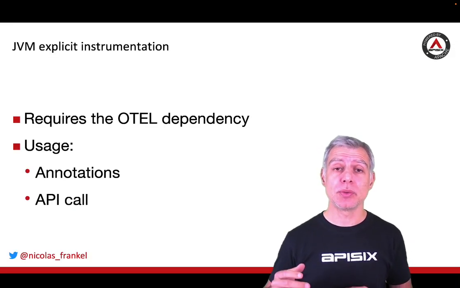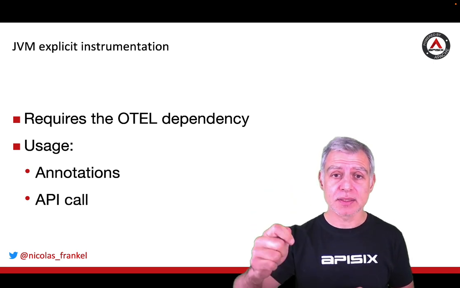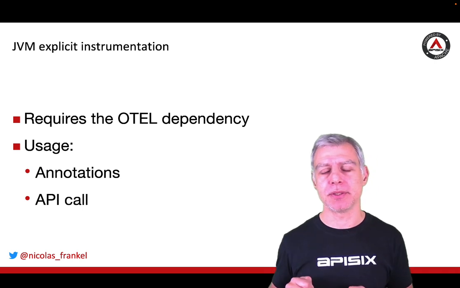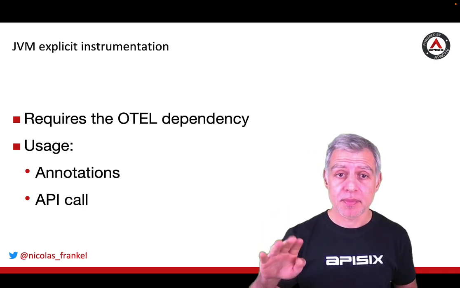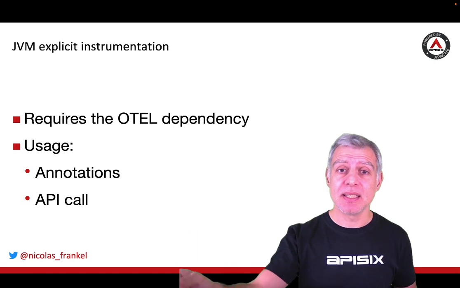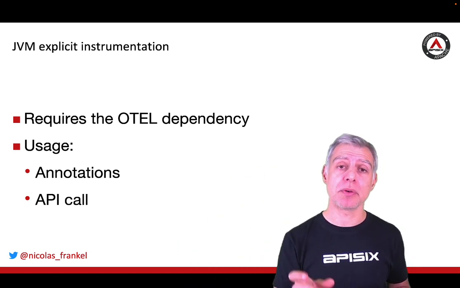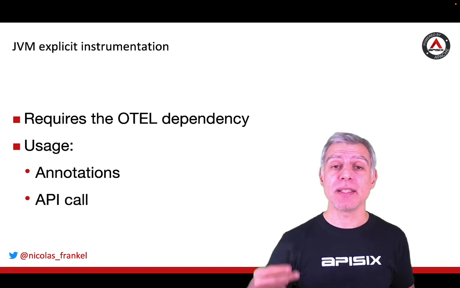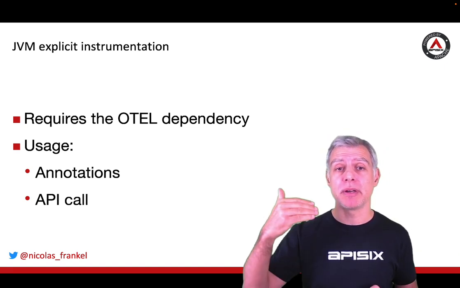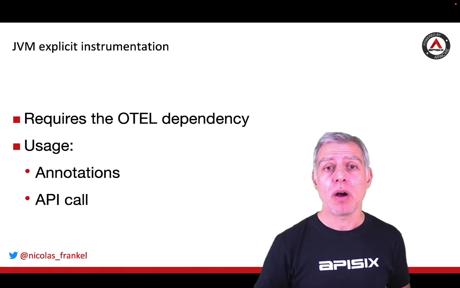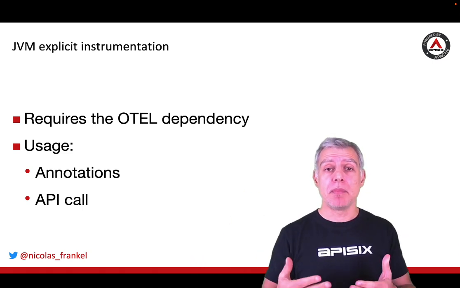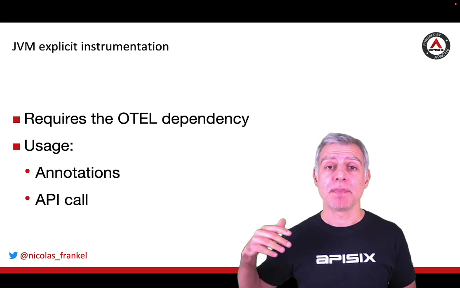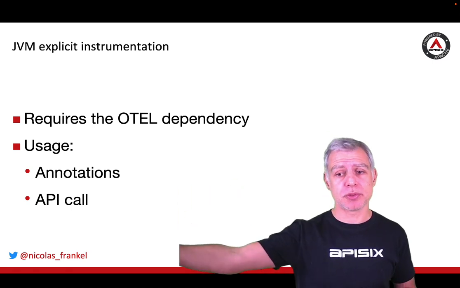Afterwards, you can make more precise, more fine-grained calls through manual instrumentation. It needs an explicit dependency in the application. This time, your developers need to be aware of it. And then there are two ways to do that, either through a regular explicit API call or through annotations. I'm benefiting from Spring Boot, so basically I will use annotations. I will show the code just afterwards.